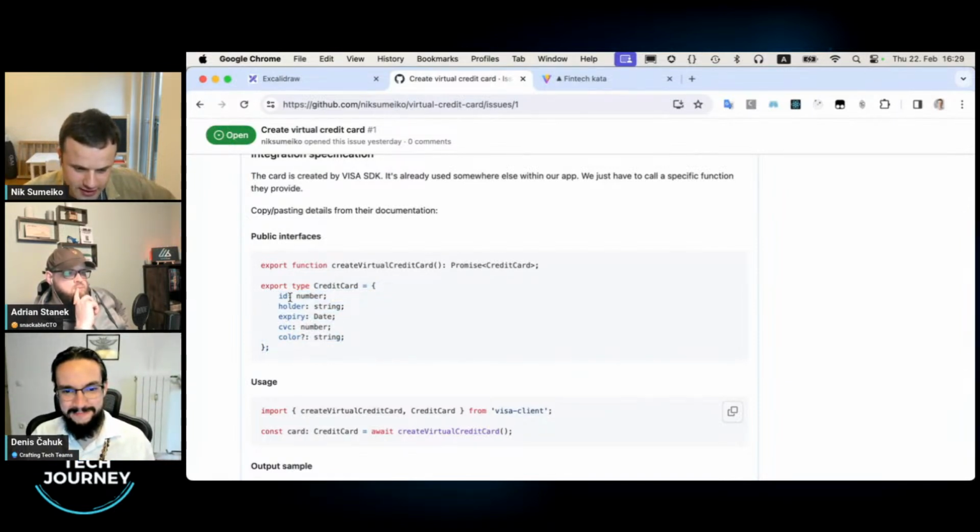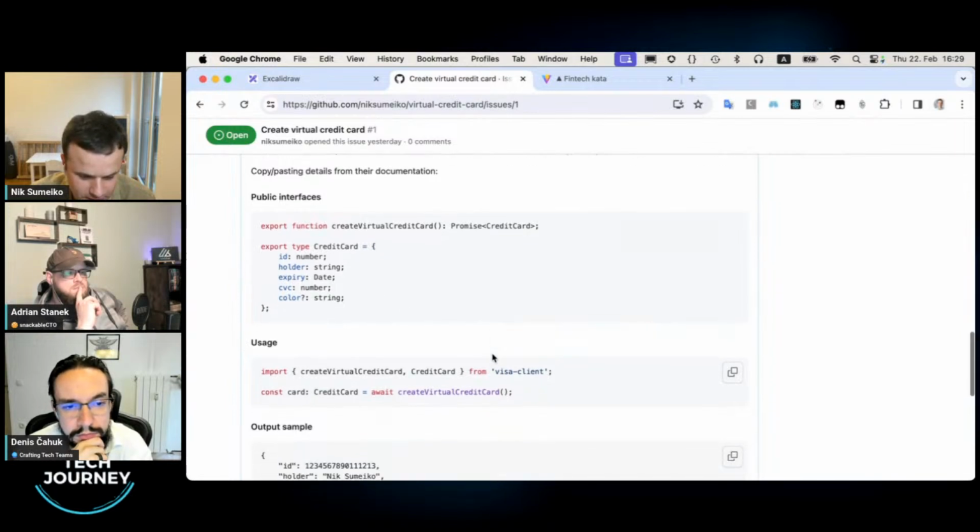You know, there is ID of the card, that's probably a number of the card, and that's in a format of number, not a string, and doesn't have any spaces after every 4th digit. The holder is probably the name on the card. Expiry day is that date that we need to display. It comes in a format of the date, and so forth, okay?